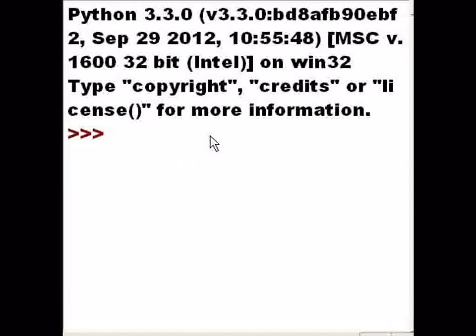Uh-oh, I'm in trouble. I'm in trouble because I forgot to do something that I know I should have done. First thing I'm going to do is import SQLite 3. Now I can do this. I'm going to now